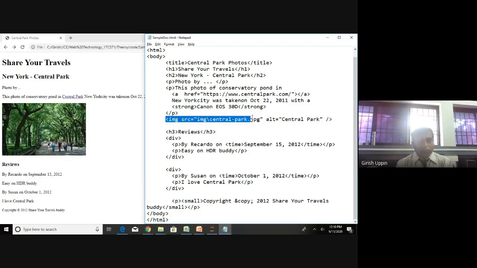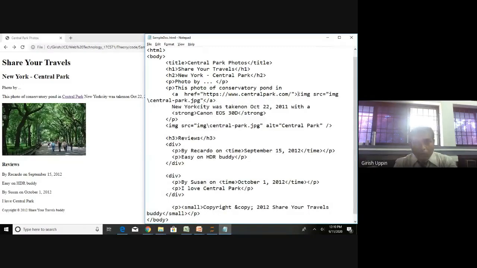I will just copy this tag just to speed up the coding. I will copy in this place where there was a text before, Central Park. Okay, and don't forget to close the image. So how to close the image? I will not give the alternate name, just I will have the a code. So now you can see this is the image insertion tag I have in between the link tag.